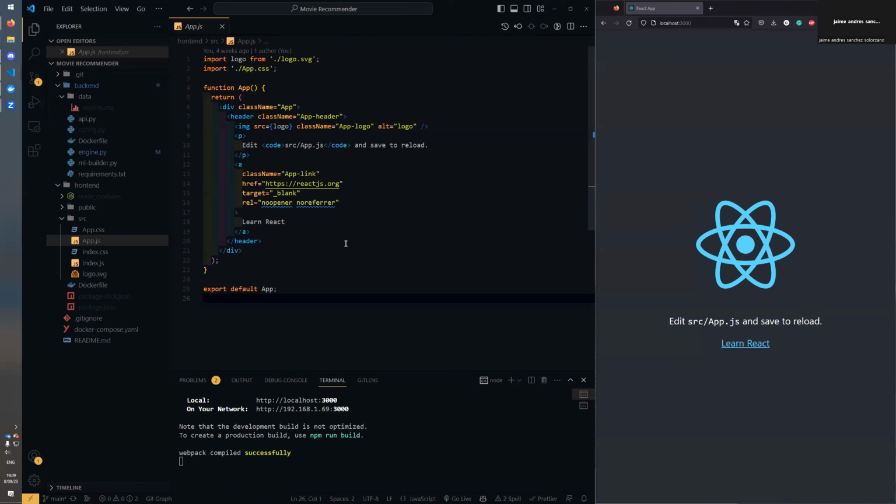There's a lot of good documentation. There's a lot of good packages and stuff. I really like using it. So yeah, we're going to be using that. In our app.js is where